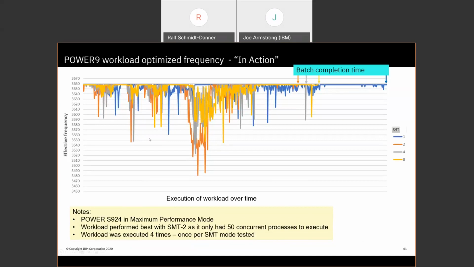And with SMT2, I had the highest workload, here the peak in the middle, but I also had the shortest runtime. And you can see I was running with 3.6 gigahertz, and it dropped down to about 3.4 gigahertz under very heavy load. So the pm_cycles command allows you to see current frequency in the system,